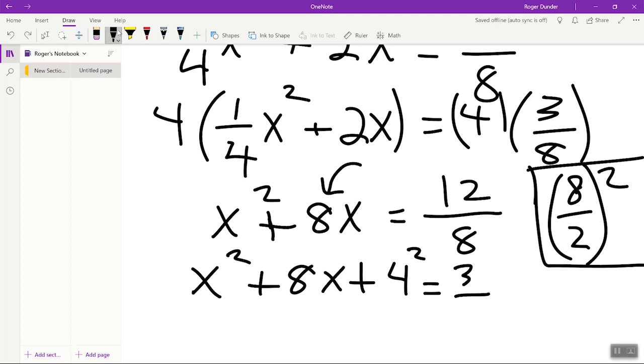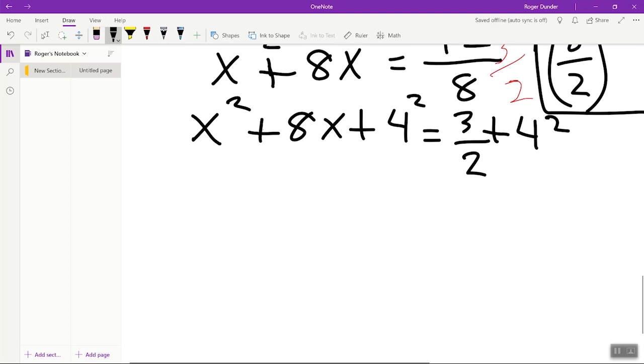So 12 over 8 is actually equal to 3 over 2, correct? If you reduce this, 4 goes into 8 2 times, 4 goes into 12 3 times. So this is 3 over 2, plus 4 squared. Okay. So working our way down now on the left, this is a perfect square, which is what